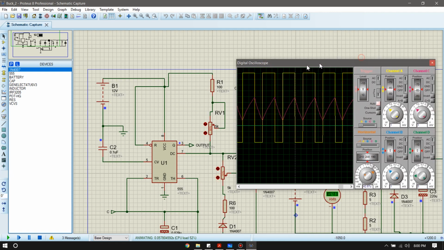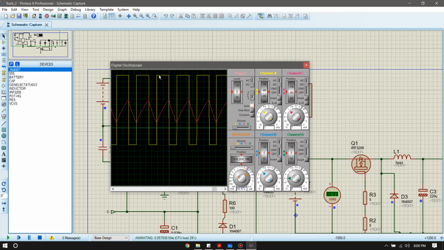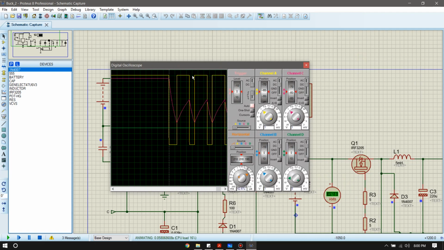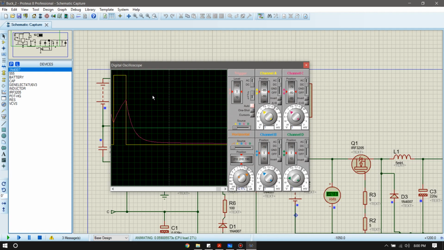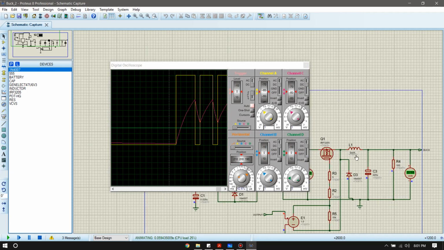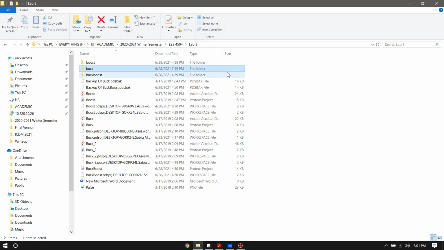Now if you look at your oscilloscope, you'll see that when the pulses are on, their width has increased, and when they're off, their width has decreased. So your duty cycle has increased, because duty cycle is the ratio of time on to the total time period, right? And if we look at our output, we'll see that it has also, oops, my